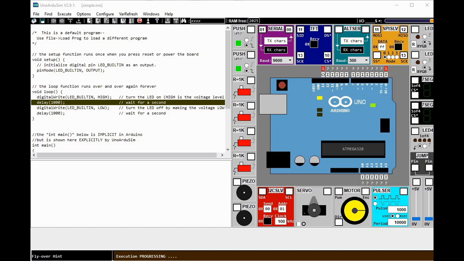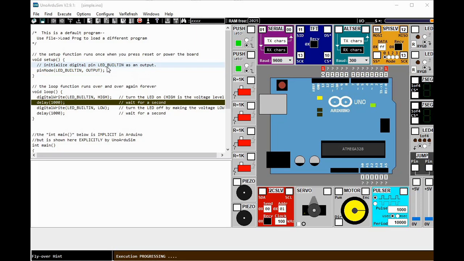From the previous video, we were able to discuss the commands inside the void loop, which are the digital write and the delay. So we now try to look at the void setup, wherein we have used the pin mode followed by two parameters.